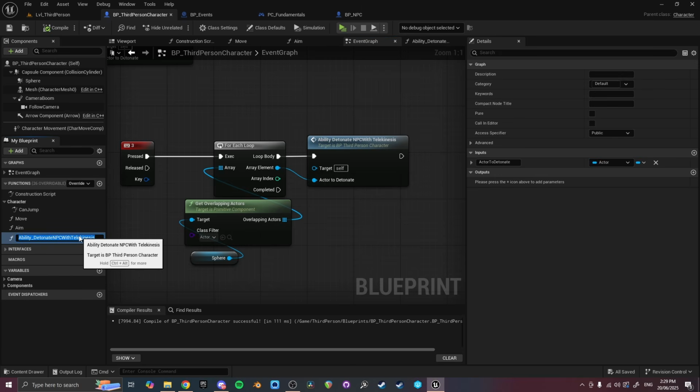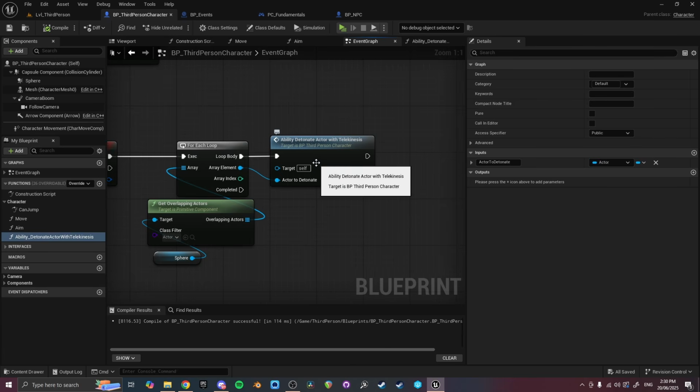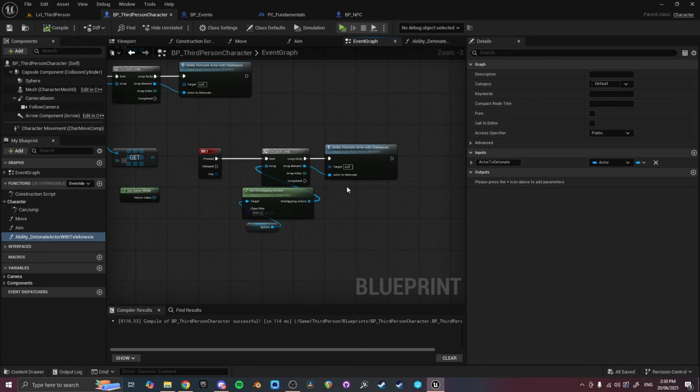So just on that note, let's go to ability detonate actor. It's what that is now with telekinesis, because it's a telekinesis ability. It's not just a destroy actor ability, it's a telekinesis ability. And if you remind yourself of that, then that helps you think about how you're going to do the feedback and make the game actually feel real rather than just things blipping in and out of existence on the screen. And so when you input 3,